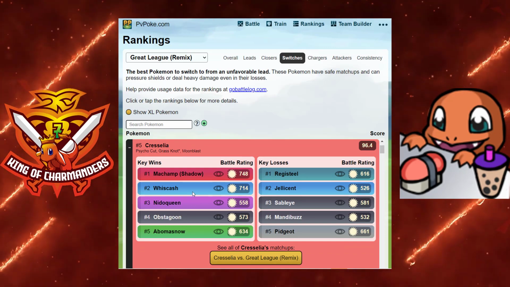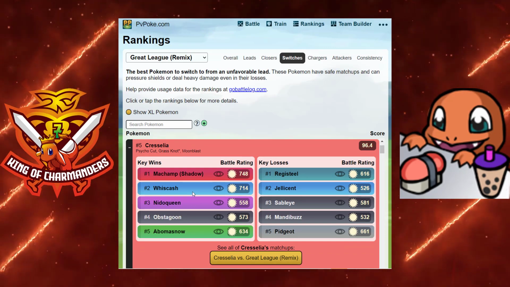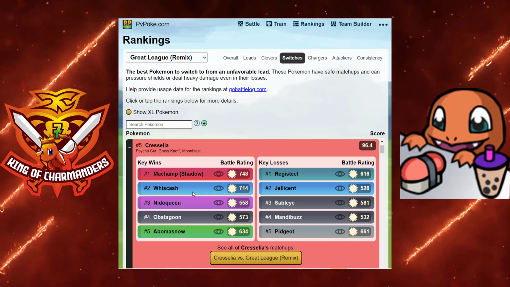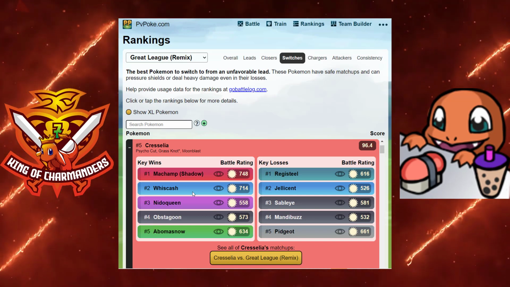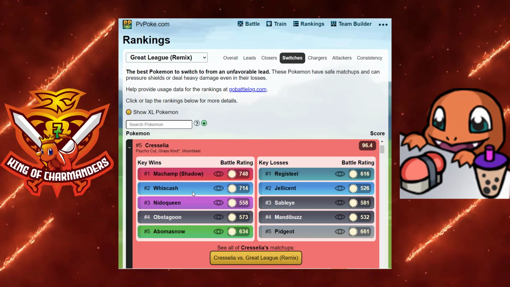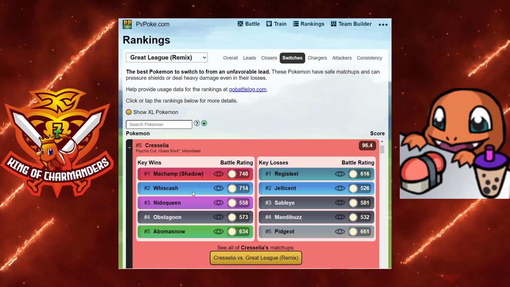Yes, Jellicent does have Hex, however, Grass Knot is pretty fast, and you can take down Jellicent pretty comfortably, especially Wishcashes. Wishcashes will hate to get Grass Knotted. Essentially, they'll get one shot. Shadow Champ, Obstagoon, and other things like Abomasnow also have a hard time, which is why Registeel is still very,